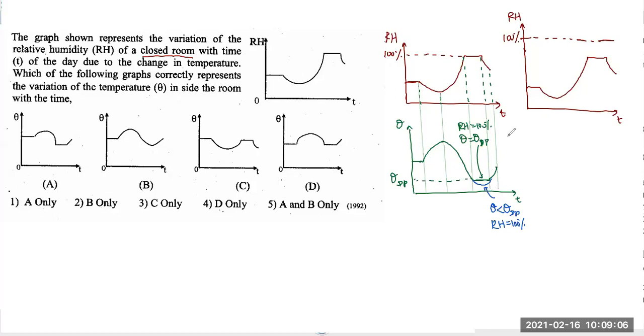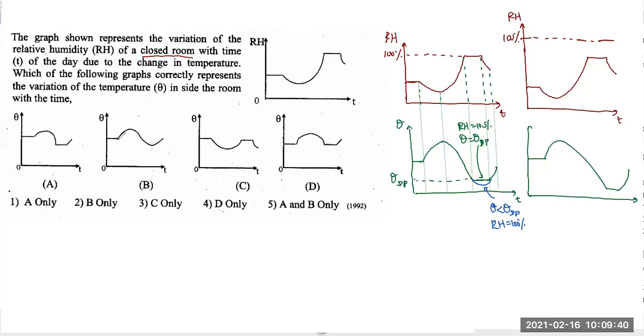And I think I need to draw another graph separately for this. If RH is less than 100, it's still the same. Then temperature will remain constant. After that, temperature will increase. Then it will remain constant, increase, then decrease, and then again constant, then increase. But temperature won't drop in this one. It will be a temperature greater than dew point. In this case, this temperature is not dew point, it's greater than dew point. Anyways, shape is same. So obvious answer.